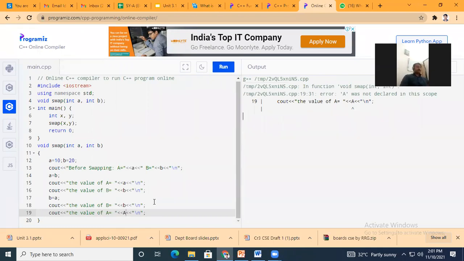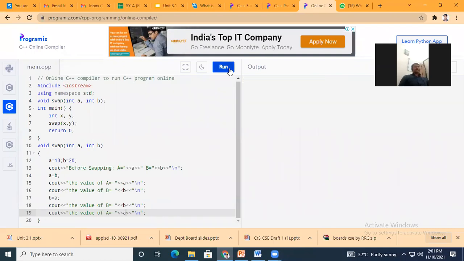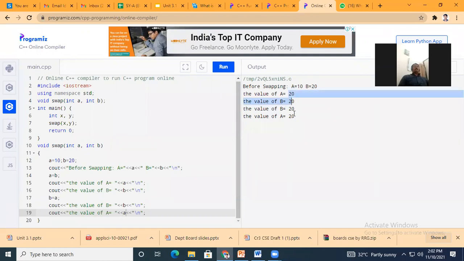Sorry, it's not a capital A, it's small a. Okay, if you check everywhere, it appears as a 20. Are you getting this?